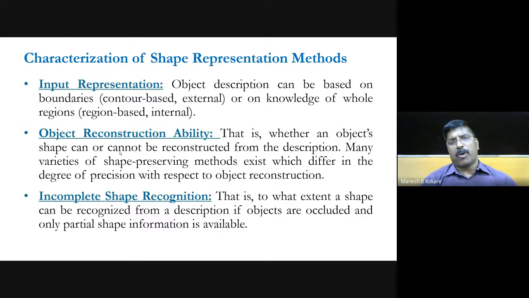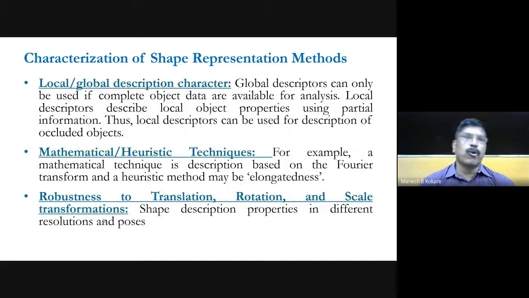If incomplete information is available, and you can develop a method which takes care of that, that would be a really good method. So incomplete shape recognition is to what extent a shape can be recognized from a description if objects are occluded and only partial shape information is available. If partial shape information is available, can you reconstruct that object? Whether that method has the ability to reconstruct the object from partial information or not. So this is the third characterization of the shape representation method. The fourth one is